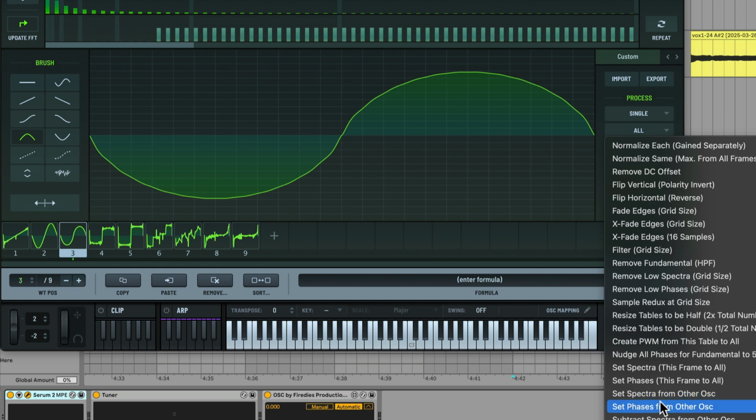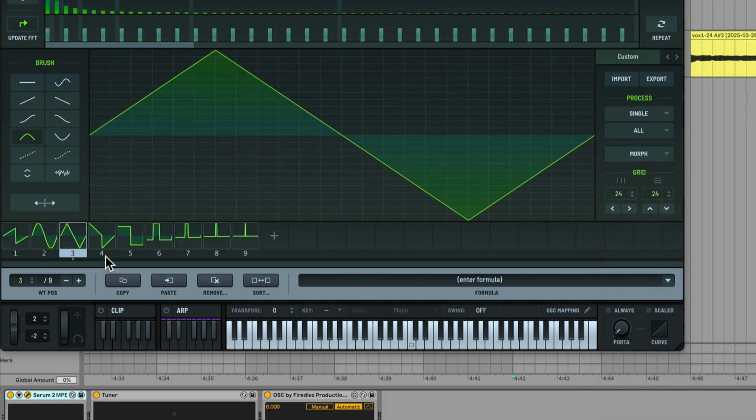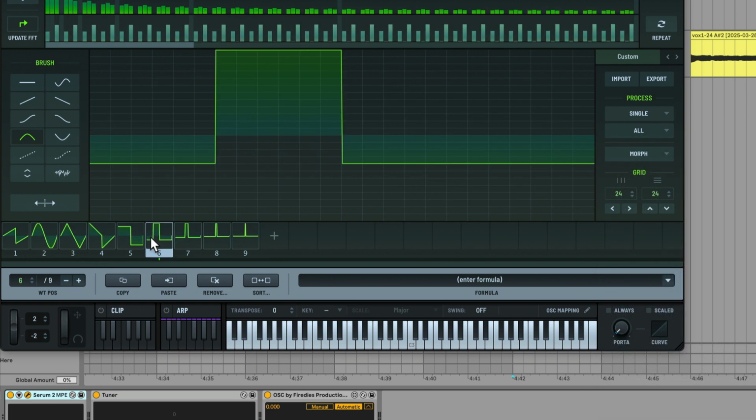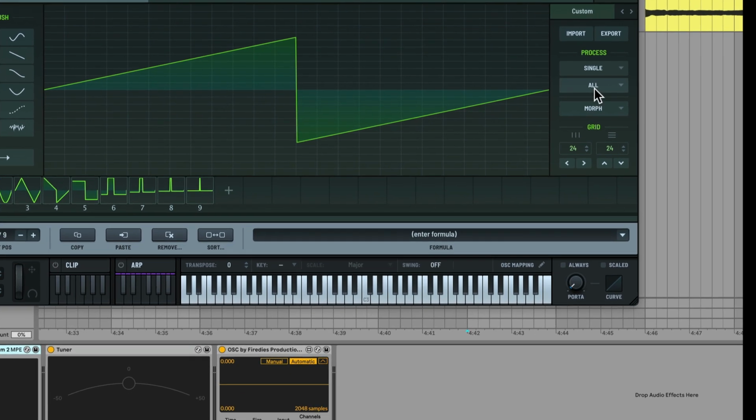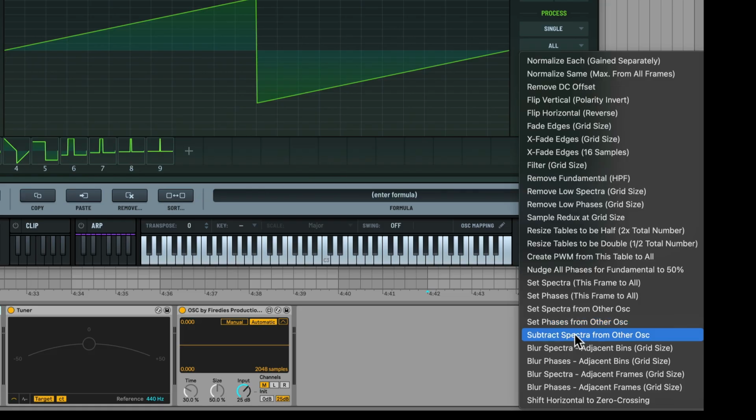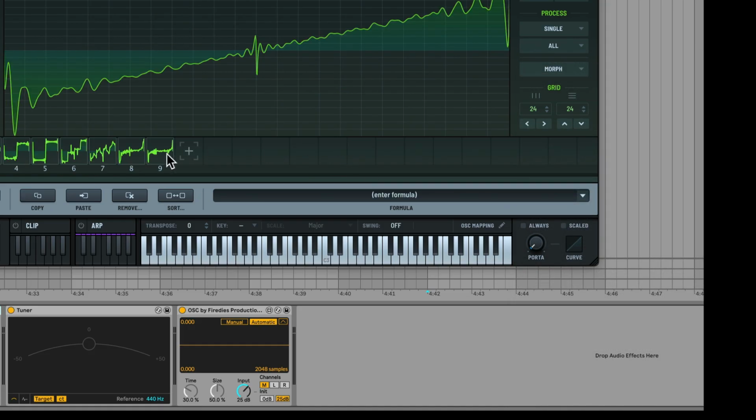Set spectra from other oscillators, set phases from other oscillators. So wow, this kind of simplified it into like some of those basic geometrical shapes. Very interesting. Then what else do we have? Subtract spectra from other oscillators. Let me undo this because now it's too simple. So let's say,